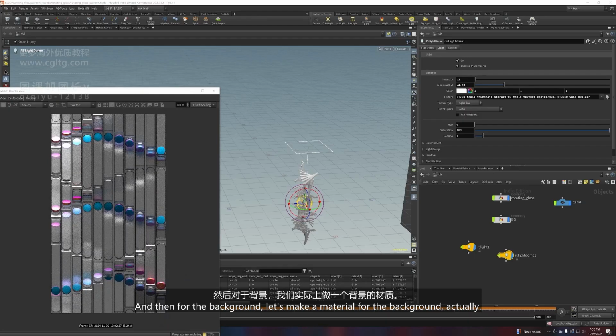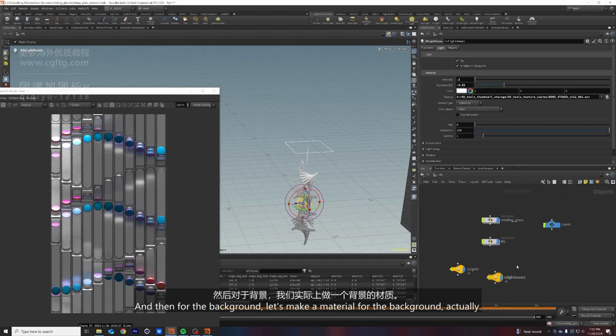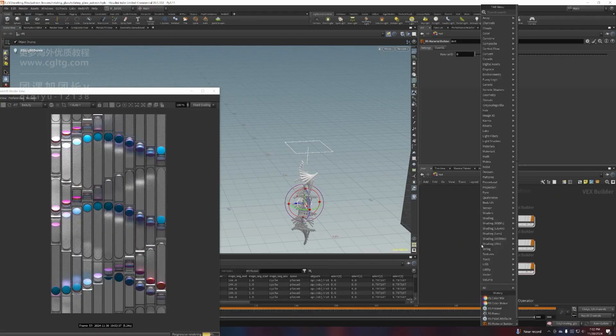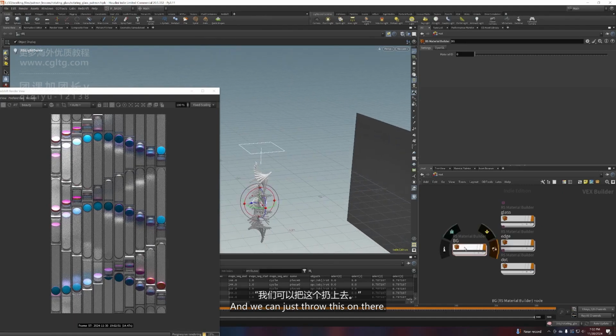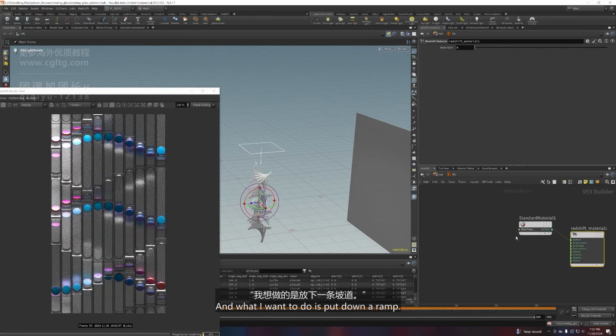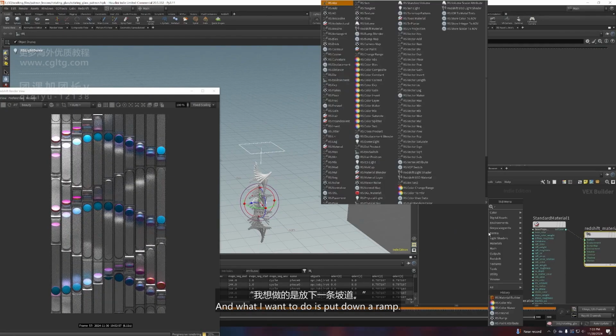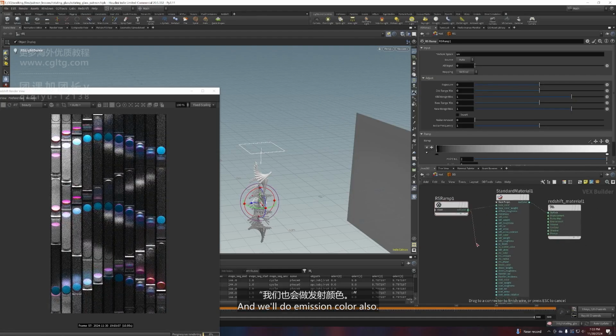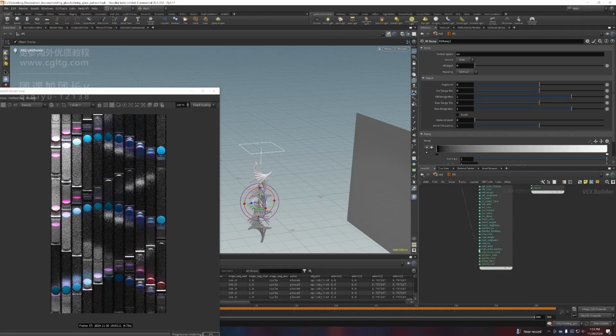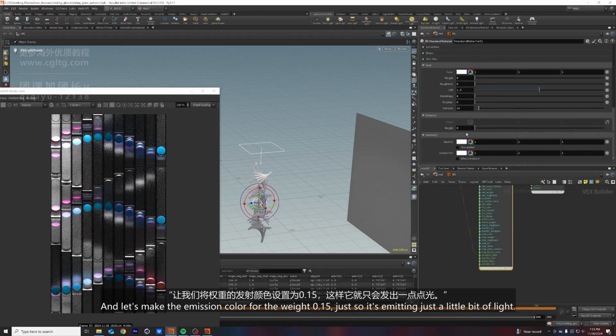Okay, and then for the background, let's make a material for the background actually. Let's RS material builder. We'll call this BG, and we can just throw this on there. And what I want to do is put down a ramp. And because we have a UV texture, this should work. So let's go ramp, and we'll do emission color also. Like that. And let's make the emission color weight 0.15,